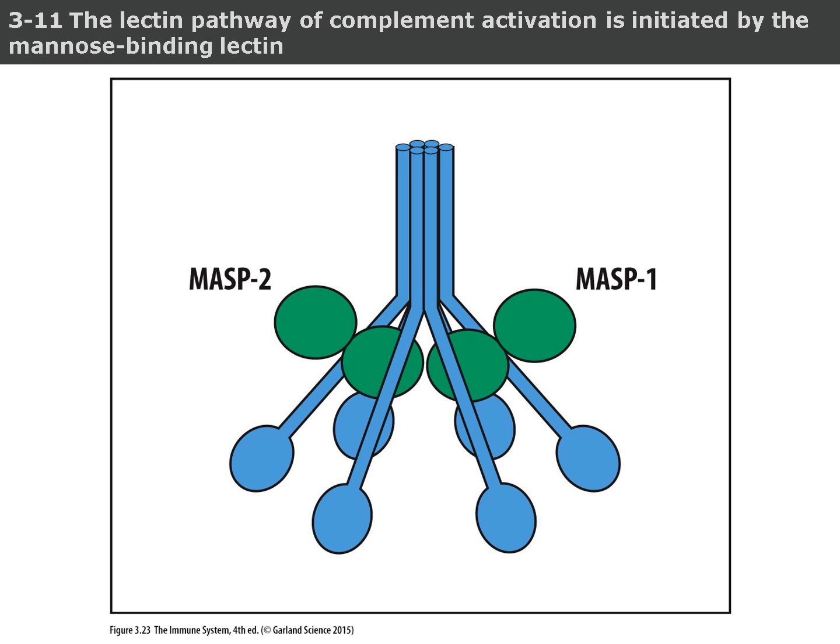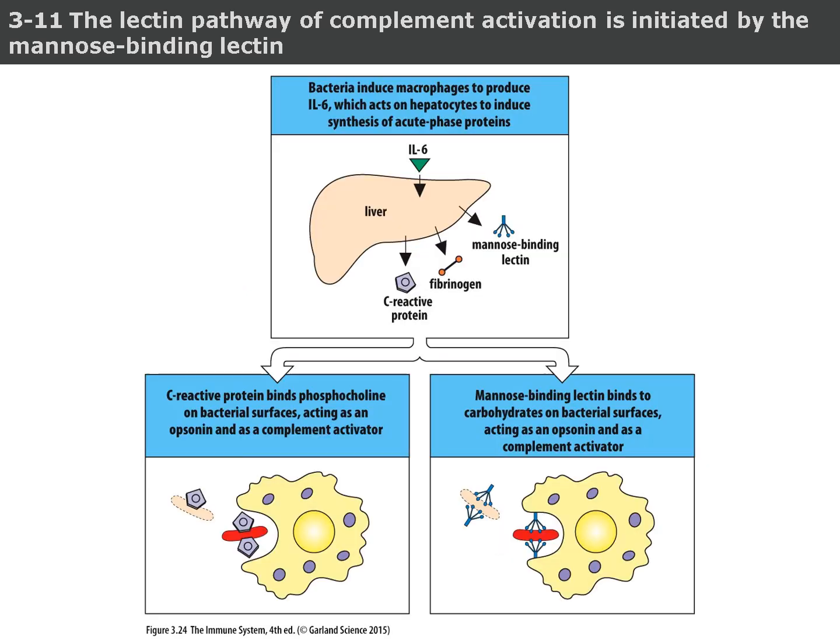Once activated, MASP2 cleaves complement proteins C4 and C2, initiating a proteolytic cascade that results in the formation of the classical C3 convertase. This event marks the beginning of the complement cascade, which promotes opsonization, inflammation, and the eventual destruction of the pathogen. This figure shows how the mannose-binding lectin pathway is activated as part of the acute phase response